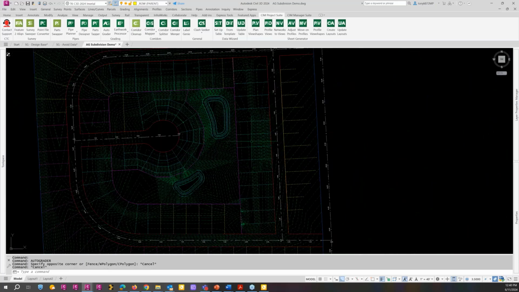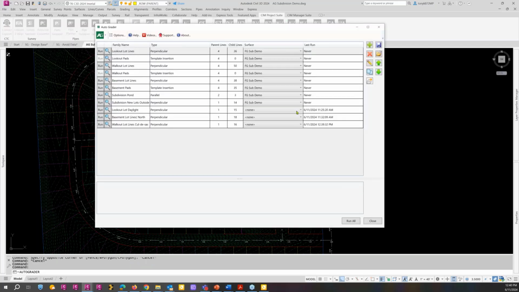My panel work, there we go. So I have a different method for these lots back here. I've already created these ahead of time, but the method here was to, I'll show you in a second, was to grade to